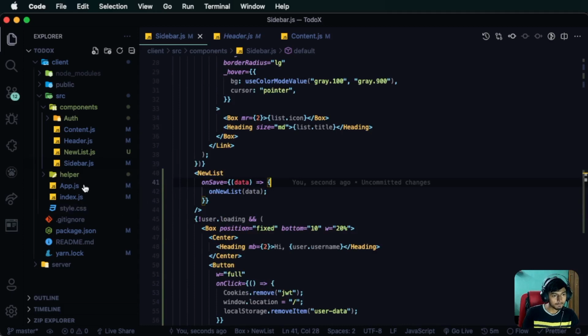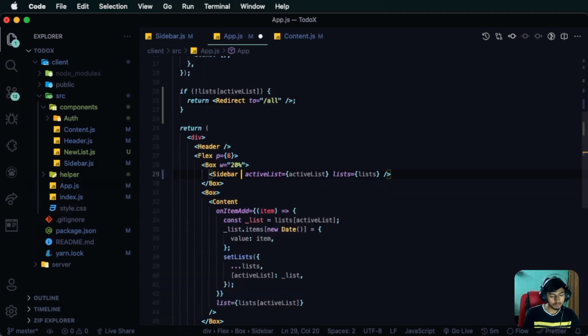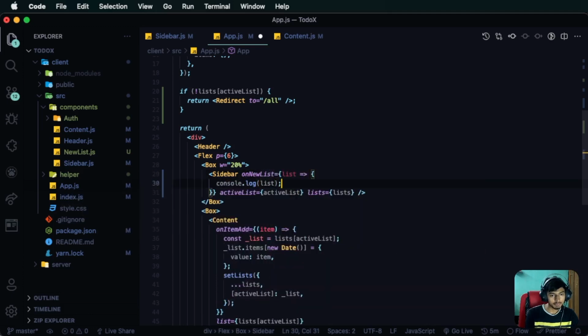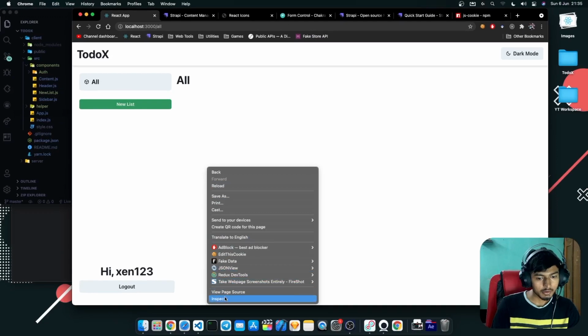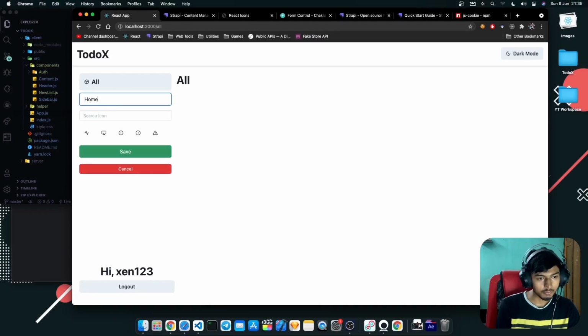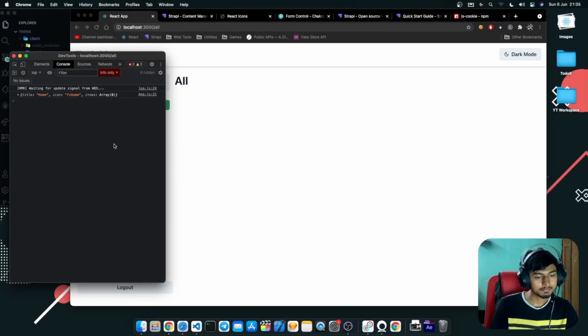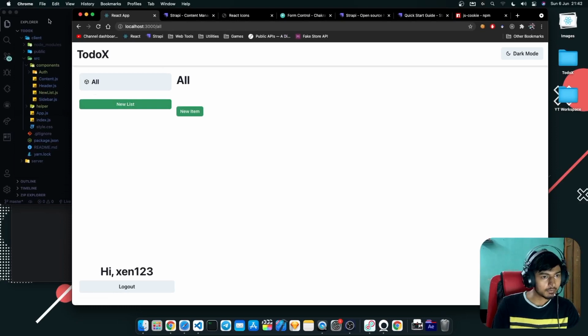And in the app, on new list, let's log it. Console.log list. And let's check if it's working. Home. And if we click on save, we can see it's working in app.js. Alright, next what we're gonna do is